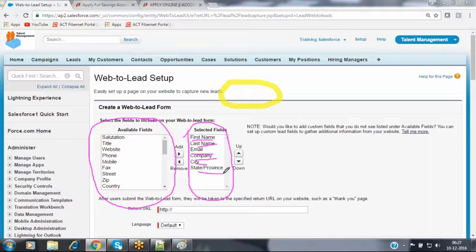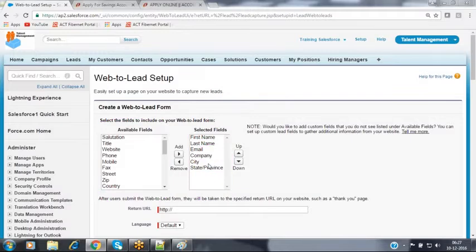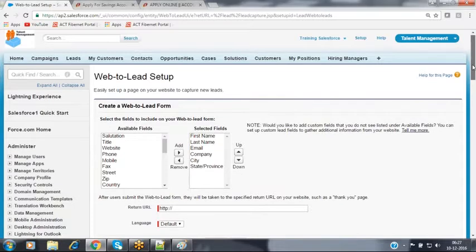Now, do you want these fields, or do you want some additional fields also here? For that, we can select your own fields, whatever you want, and you can arrange the fields also by using this up and down navigation button, in which order you want to place these fields on the graphical user interface.